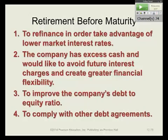You may also have some excess cash, and therefore you may want to get out of debt. You might want to get rid of those interest charges, and that'll happen if you pay the debt off early. And then, of course, you may want to improve your debt-equity ratio, which is the last thing you'll see in this chapter. And then finally, number 4 is